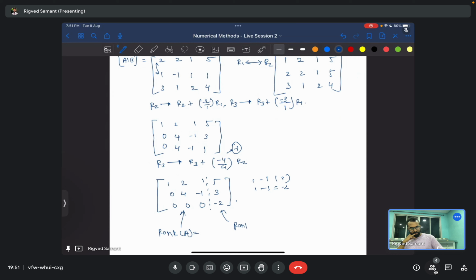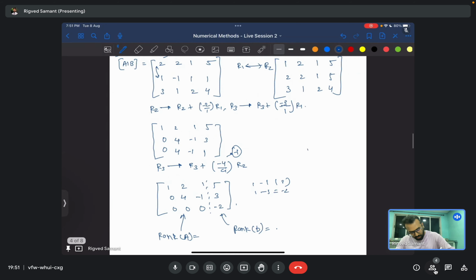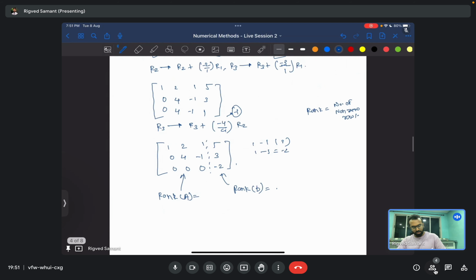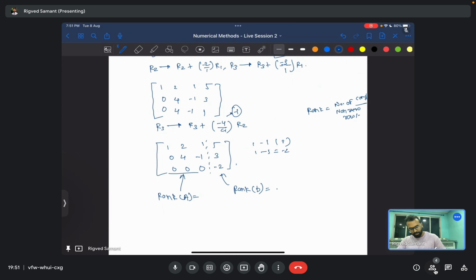So what is the rank of A? What is the rank of B? Rank of A, how to find the rank of A? So rank of A is nothing but the rank would be the number of non-zero rows. So how many number of non-zero rows here? Completely non-zero, I mean completely. That is 2, right? This one and this one. So this is 2, and in this case this is